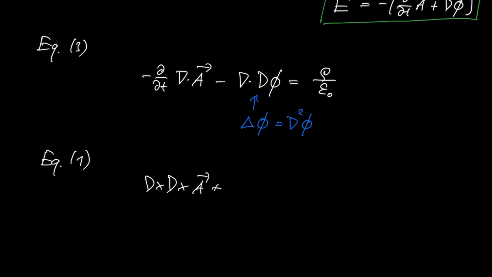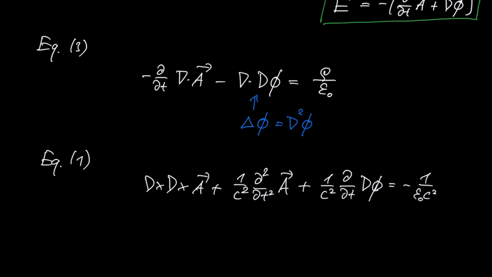A plus 1 divided by c square times the second time derivative of A, plus, and here we will have the part corresponding to the gradient of phi, and that equals minus 1 over epsilon 0 c square j, where we used epsilon 0 mu 0 equals 1 over c square. This is also a well-known